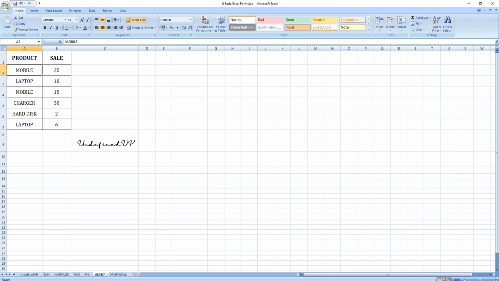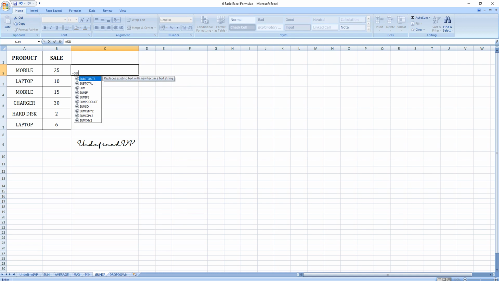So what I'll do is write =, instead of SUM I'll write SUMIF, bracket open. Then I will give the range from where to where it has to check. From here to here my SUMIF has to check. Then comma, then I will give the condition of which product we want the sum.